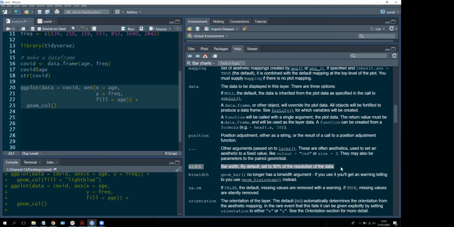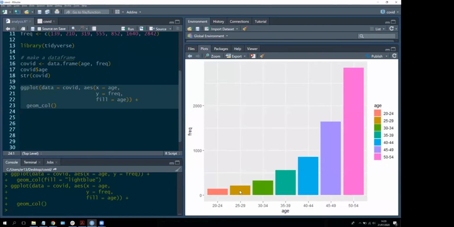So width, by default, is set to 90%. Slightly misleading, because what they really mean is it's set to 0.9. So that means that these bars here have got a little gap between each of the bars. If I set this instead to width equals 1,